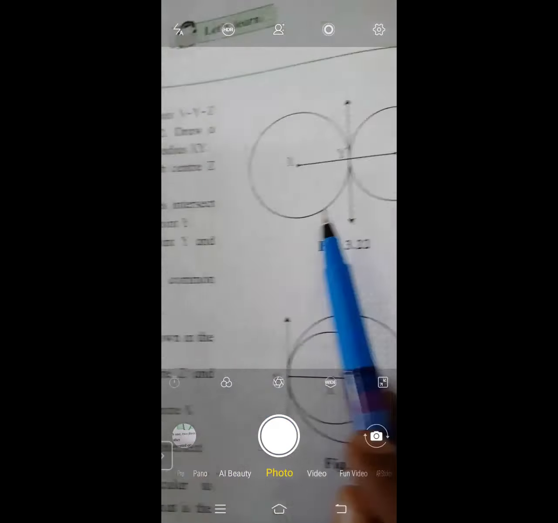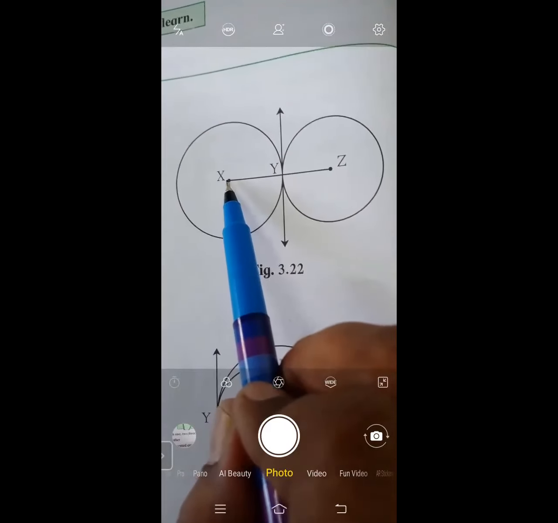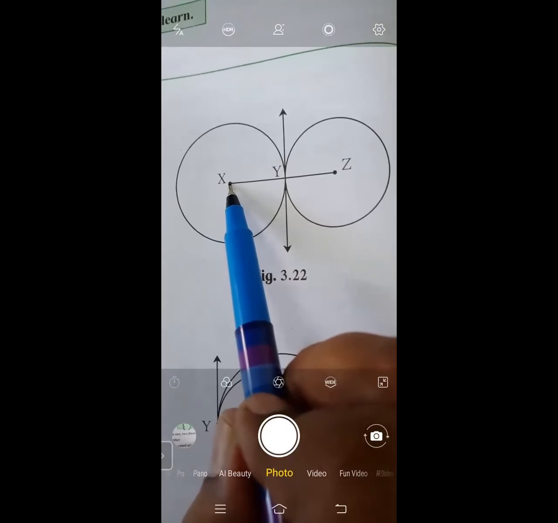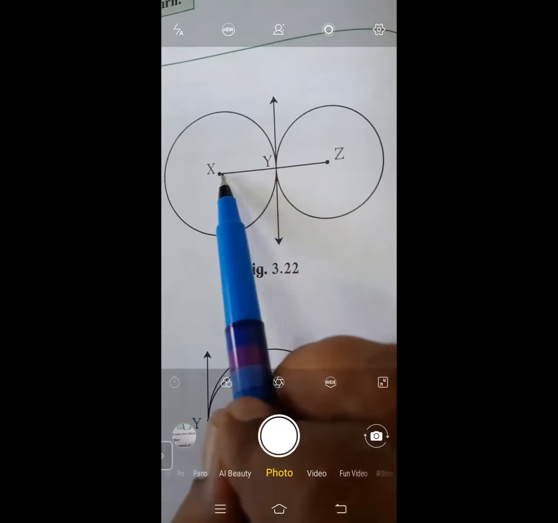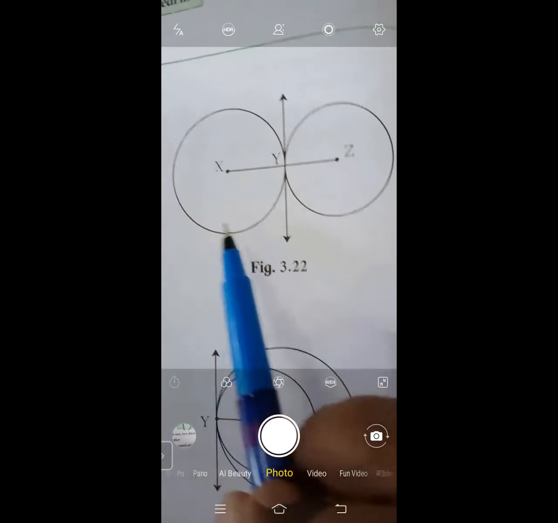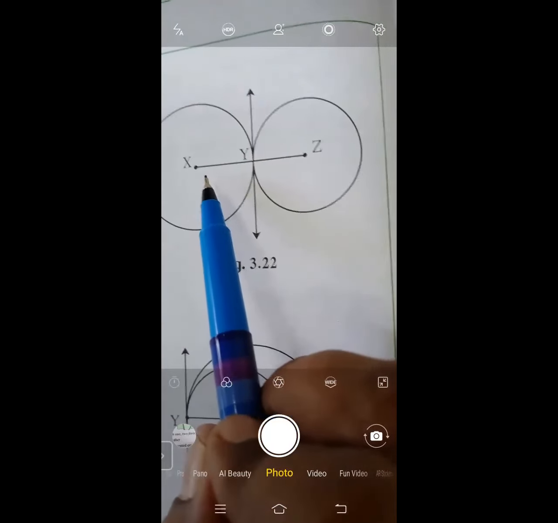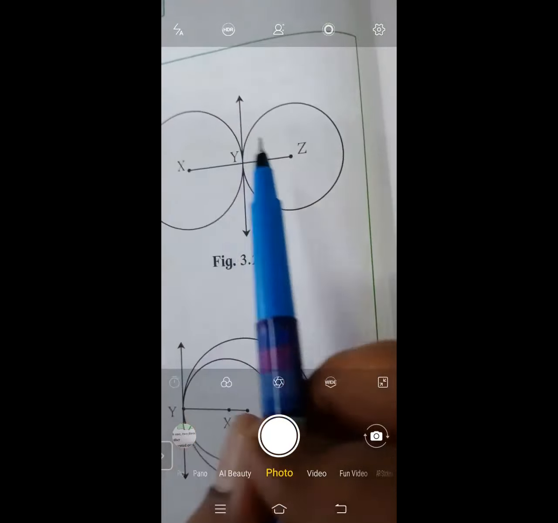We can see the diagram. We have taken three collinear points. The points which lie on the same line are called collinear points. Then we have drawn a circle by keeping our steel end on the point x and the radius as xy. Extend your pencil till xy, and we have drawn our first circle. We have repeated this activity by just changing the center of the circle. Now the center of the circle is Z, and we have drawn another circle.